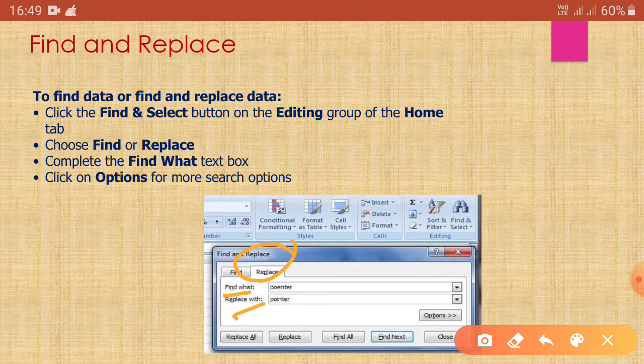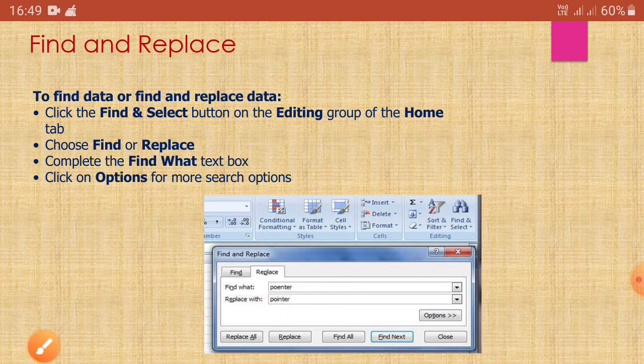Suppose we want to find the word pointer and replace it with another word, so you have to write it in the specific cell. Then if you want to replace one place, you have to click Replace, and if you want to replace all over the document, you have to click Replace All.